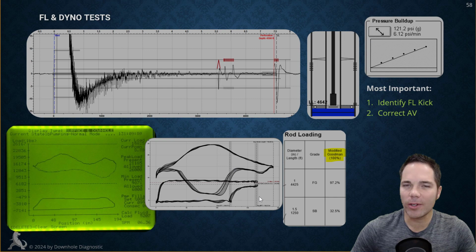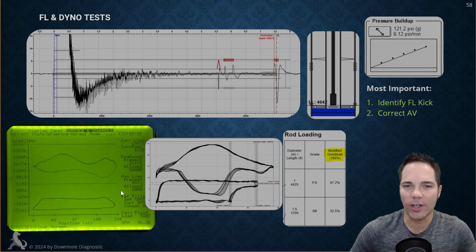But we're going to get dynamometer cards. We're also going to get rod loading. So if you look at the output here, this is 1-inch fiberglass rods. We got 4,400 feet of it. In the modified Goodman loading here using a 1.0 safety factor, so we're not derating for downhole corrosive conditions, it's 97%. So dynamometer test, we can see the rod loading, we can also see the dynamometer cards right here, and most people are focused on what's happening downhole, not necessarily the rod loading, because the rod loading is acceptable. We want to see what the cards look like to properly adjust or set our POC, or try to determine